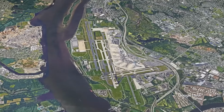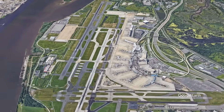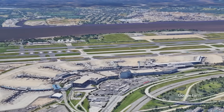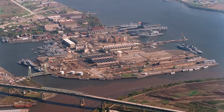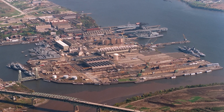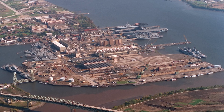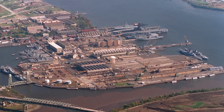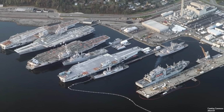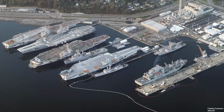The Philadelphia International Airport is a very busy location, serving 31.7 million passengers every year. However, just a bit east, directly ahead of one of its runways, is a naval base filled with 31 derelict-looking ships. It is an eye-catching sight for anybody visiting the area, though perhaps even more interesting is that this is